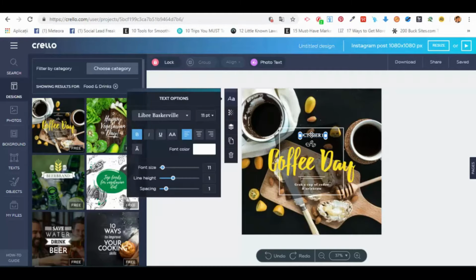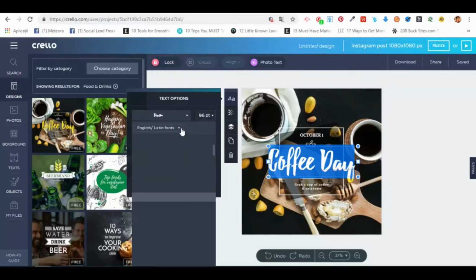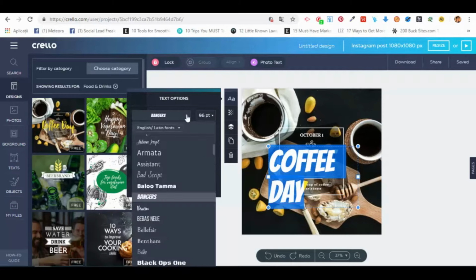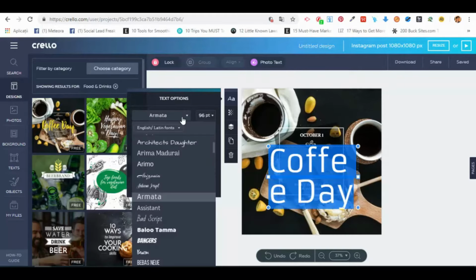So it's pretty simple to edit it. We can select "coffee day," select the whole text, and you will see that the options for the text will open in this area here, okay. So we'll have different options for the text. For example, the main text options, we can choose a different font. We have different types of fonts here, Bangers for example, or Armata, or